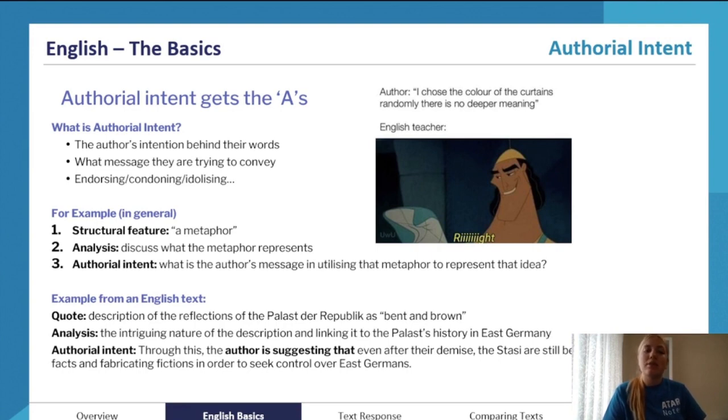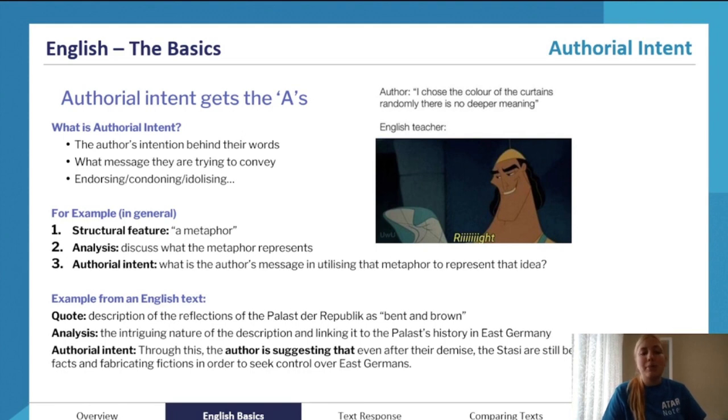So authorial intent is the author's intention behind their words, quite literally. It's the messages they are trying to convey to the audience, whether that would be past audiences in the time that the text was actually initially produced, or you can also make views and values messages to apply to modern audiences, aka you, and how you think, in a nutshell, the author would try to communicate to you through their text.